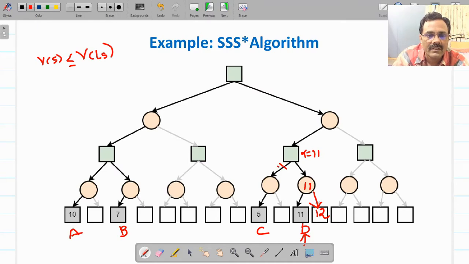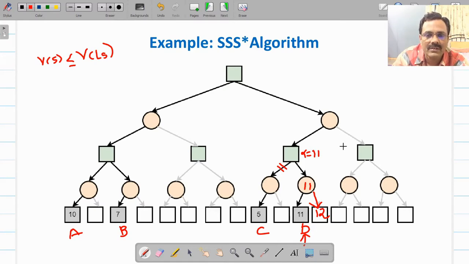You need not explore this C, because this is a max node, it is getting 11. C, that is 5, is the upper bound of the 2 strategies. So C will never come in the picture, so we will not visit C again now. So now here your alpha is 11.